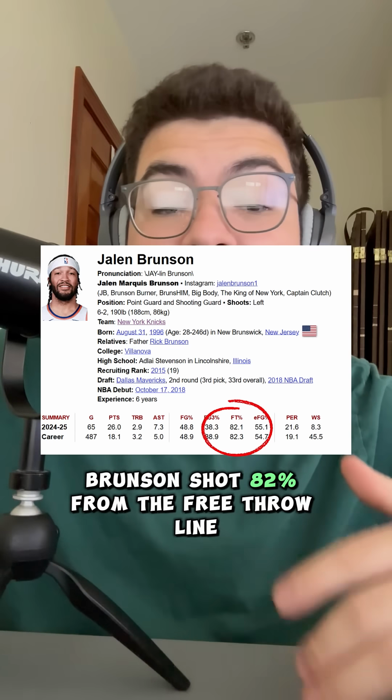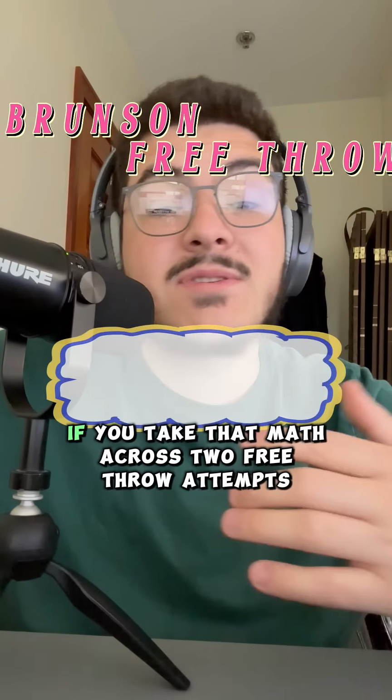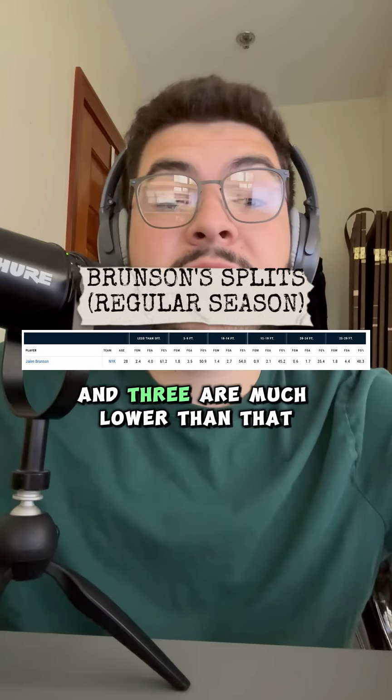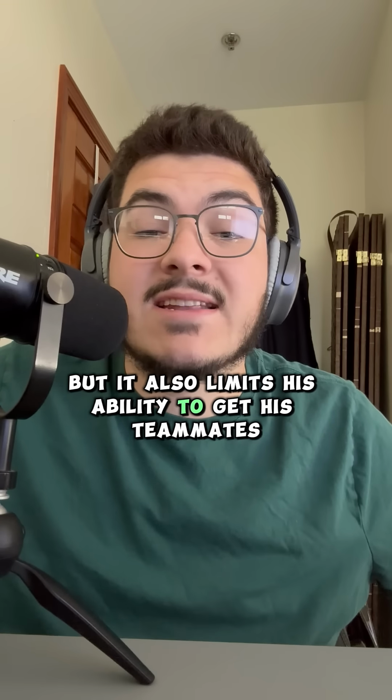Brunson shot 82% from the free throw line during the regular season, and in the first round against the Pistons, he was just under that mark. If you take that math across 2 free throw attempts, there's a roughly 67% chance he's going to make both. Meanwhile, Brunson's percentages from the mid-range and 3 are much lower than that. It's literally a math game for the Celtics, but it also limited his ability to get his teammates involved, because